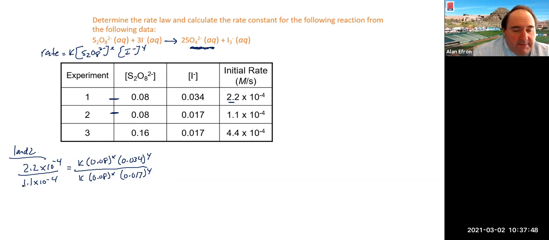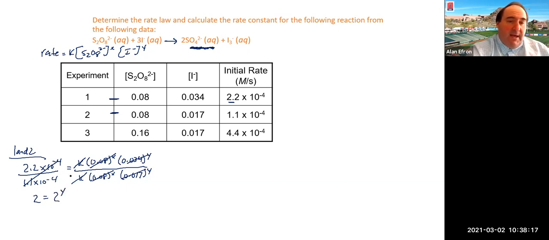So taking that, that's going to give us a 2. Same sort of theory here. Don't know what K is at this point, but we do know it's a constant value, which means it should definitely be the same. We don't know what X is at this point, but it should be the same on top and bottom, which means those guys should completely cancel. And here, if we divide these guys out, that looks like perhaps a 2 to the Y